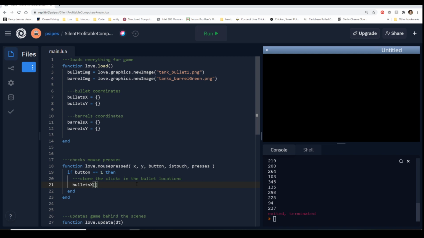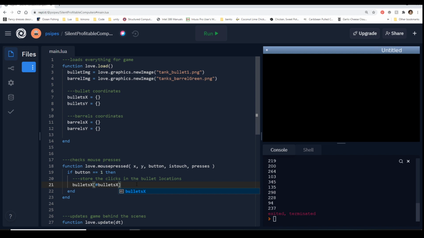Now, if you guys have looked at tutorials, there are older ways to insert at the end. There's a few ways that have been deprecated, and there's a few ways that sort of work but aren't suggested anymore. The way to access the length or the end of your array table is actually to just do the pound sign, number sign, hashtag, whatever you call it, the name of your array, and that gets the length. That gets you to the element that's the last one.